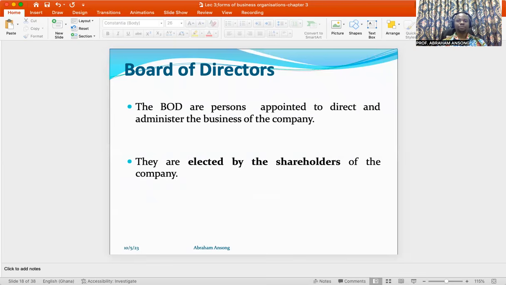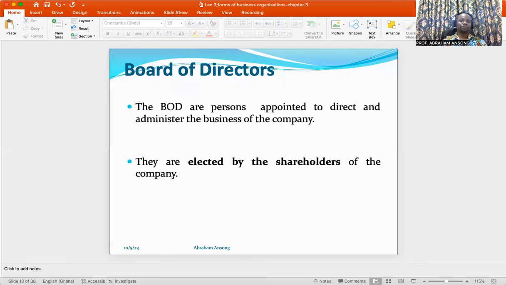Okay, so it's important for me to explain this structure very well. We're saying that when it comes to companies, normally the shareholders, who loosely may be referred to as the owners of the company, are not the same people that will be managing the affairs of the company. So they need people that will represent them when it comes to the management of the company. Okay, so they'll elect a body known as the board of directors. So these are people that are normally competent, qualified, and have a lot of business experience to be able to tell whether a company is being managed well or not.